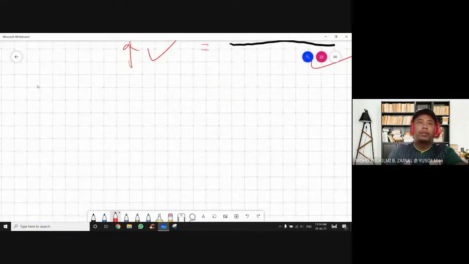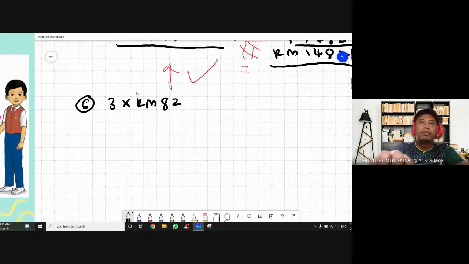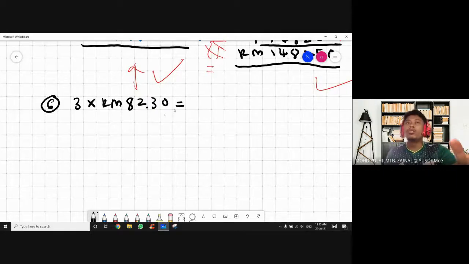Let's see number 3. Example number 6. 3 times RM82.30. Okay, ini kalau 3 unit watch. If you buy one, 82 ringgit 30 sen. If you want to buy 3, so you have to multiply with 3. Okay, so you have to do,